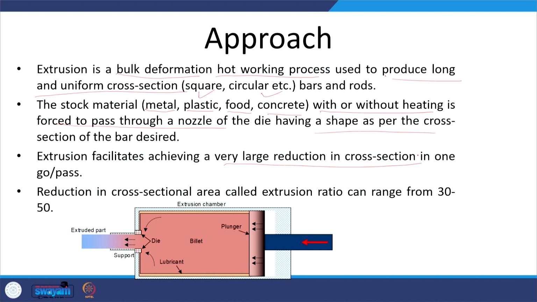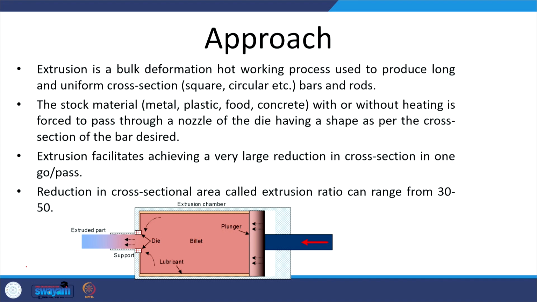You see, significant change or reduction in cross section can be realized, and this is quantified in terms of the extrusion ratio. So, this can be like 30 to 50 times less than what it was in the beginning. The reduction in cross section area is quantified in terms of the extrusion ratio. Say the initial cross section is A1 and the final cross sectional area is A2. This extrusion ratio can range from 30 to 50. So, this is a huge reduction in cross section which is possible through the extrusion in one go,